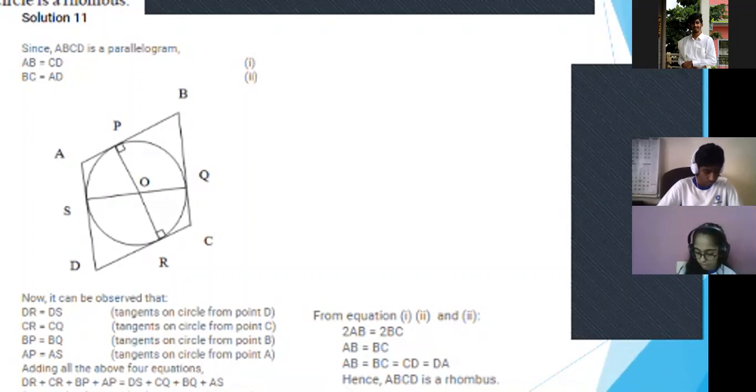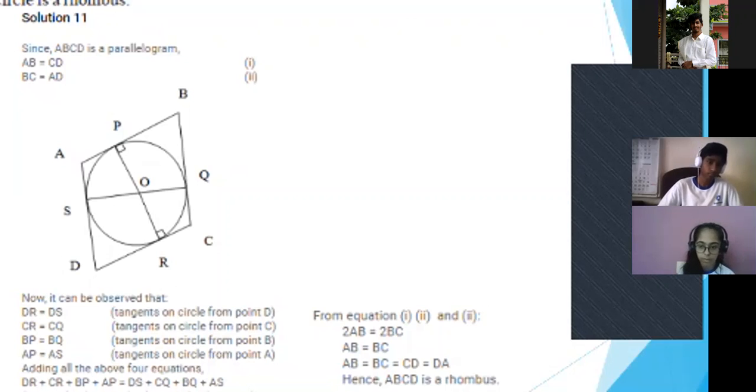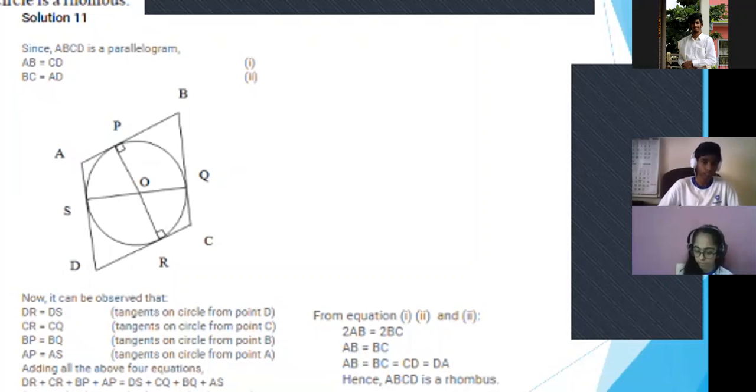Now it's given to us that prove that the parallelogram circumscribing a circle is a rhombus. So basically ABCD is a parallelogram given to us. The basic property of a parallelogram is opposite sides are equal and parallel. Okay. So Desh, what is the basic property of a rhombus? Opposite sides are equal and parallel. Rhombus, no, all sides are equal. So from two pairs of opposite sides equal and parallel, I have to prove that all the sides are equal. Fine, that is what we have to do. So just look up. I'll start writing so that you understand.